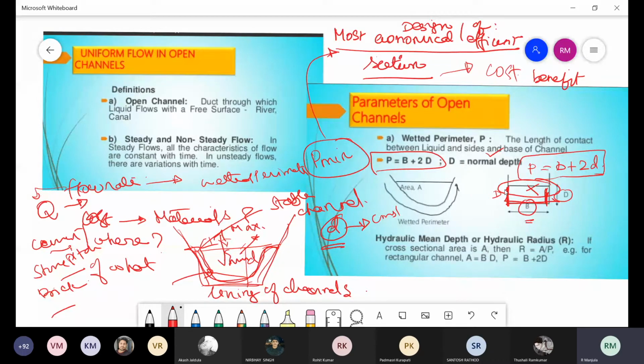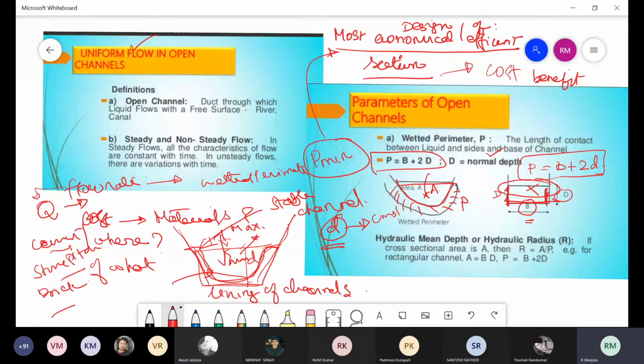Normally we are going to consider only uniform flow here. We are considering the uniform flow and taking that depth as the normal depth. Suppose the area means the entire area, and the wetted perimeter is only the length of this. Please remember these two parameters are essential for the design of any section.